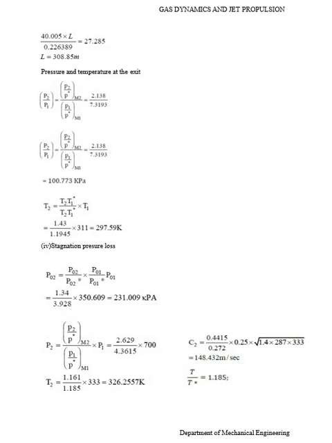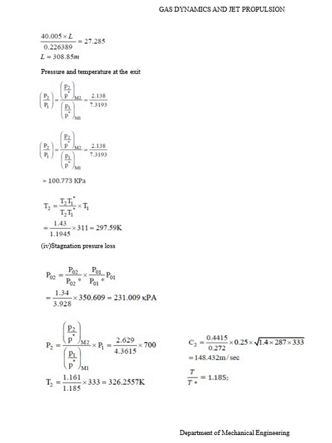Then find out P2 is equal to P2 divided by P star at M2. Then P1 by P star at M1 into P1 is equal to 2.629 divided by 4.3615 into 700. Then T2 equal to 1.161 divided by 1.185 into 333 is equal to